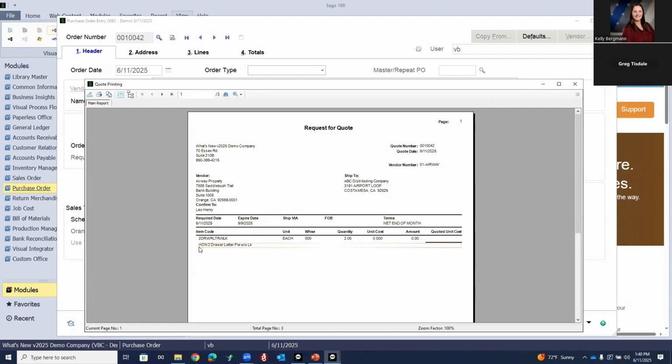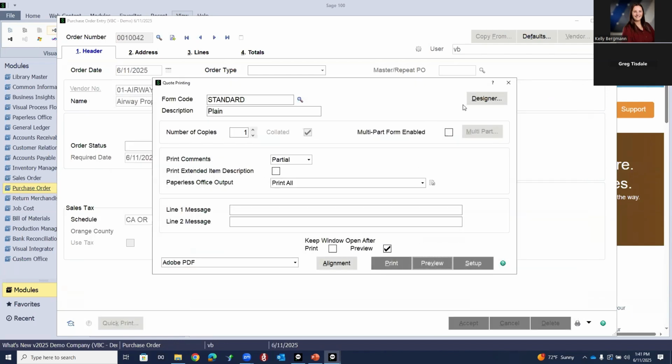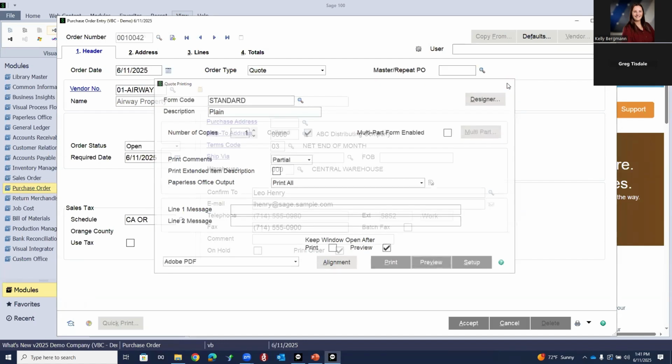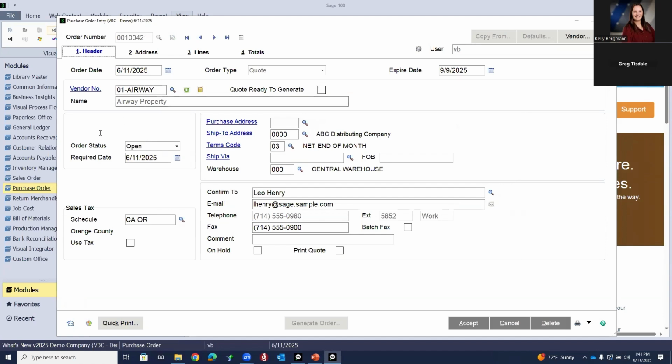Obviously, sometimes you want to see both. So you can certainly turn on your item code to print here as well. And that's pretty easy to do. And as most of you know, every form, every report in Sage 100 can be modified using Crystal Reports. All right. Now,